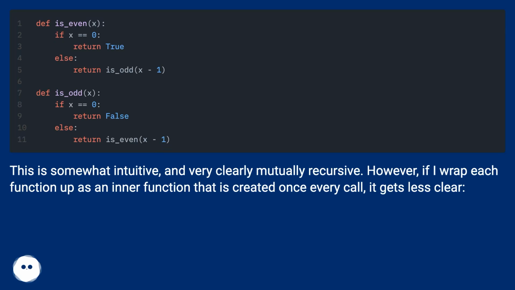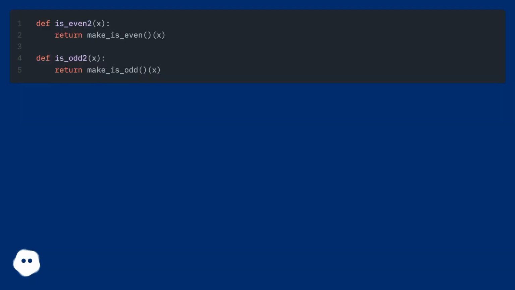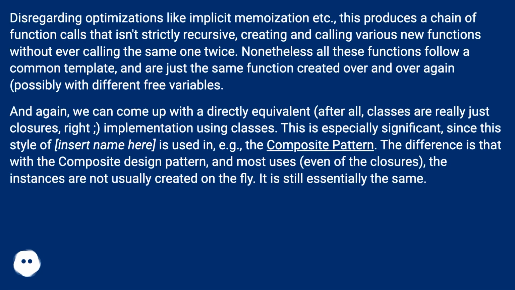However, if I wrap each function up as an inner function that is created once every call, it gets less clear. Disregarding optimizations like implicit memoization etc., this produces a chain of function calls that isn't strictly recursive, creating and calling various new functions without ever calling the same one twice. Nonetheless, all these functions follow a common template and are just the same function created over and over again, possibly with different free variables. And again, we can come up with a directly equivalent